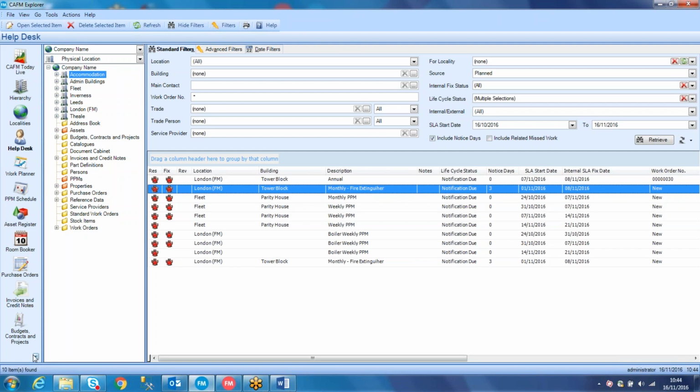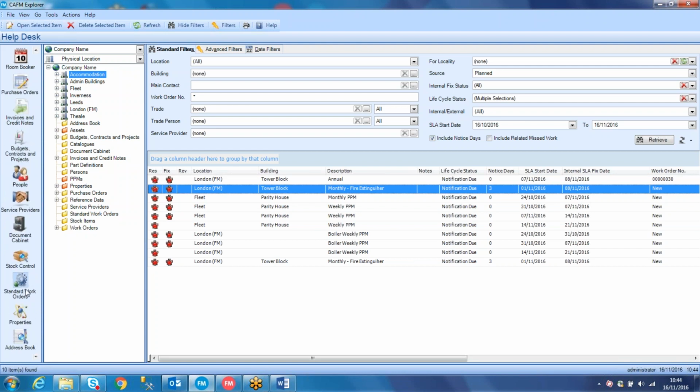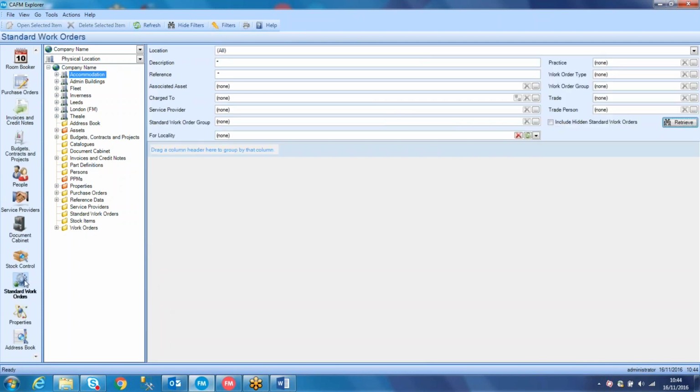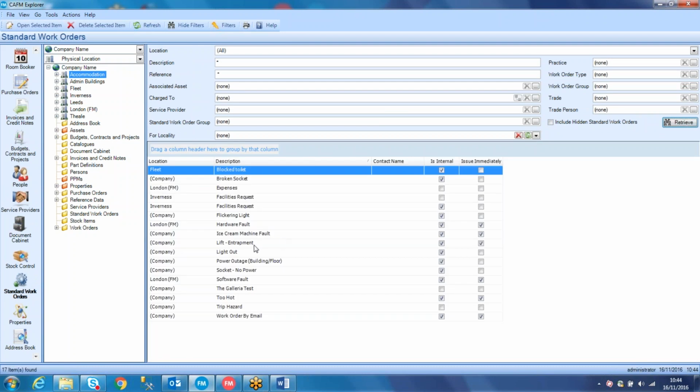So your templates, just to show you where they're stored, down to here, standard work order templates. If I click retrieve, you'll see these are my templates. So again, you can build those templates. What do they have in them? Well, if I open one up,